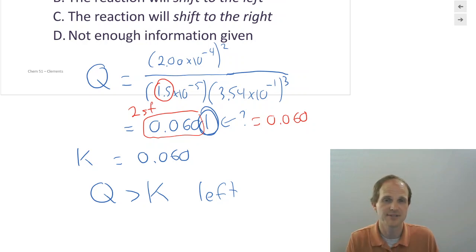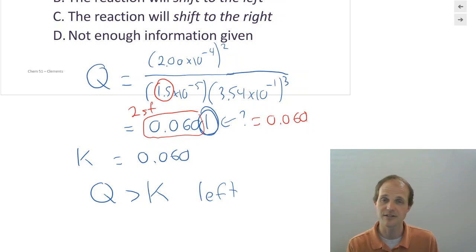But precision is not perfect, right? We don't know perfectly this reaction is at equilibrium. So it could be that it's going to shift slightly to the left. It's quite possible. But given our significant figures, we're going to call this reaction at equilibrium. But if you came up with left because you went for that extra digit, you totally got the concept right.